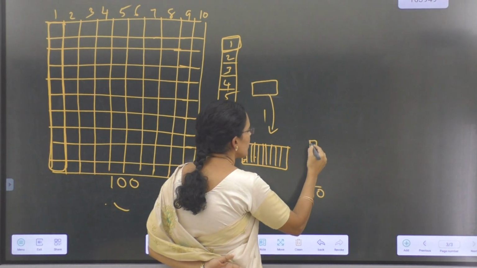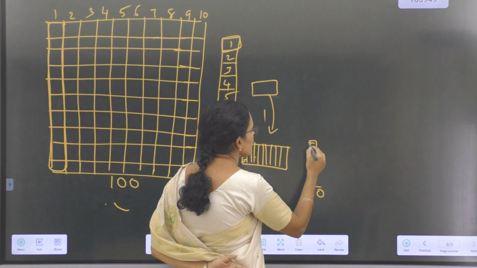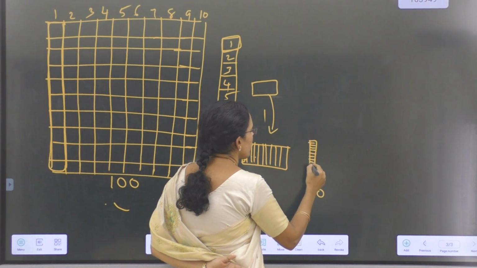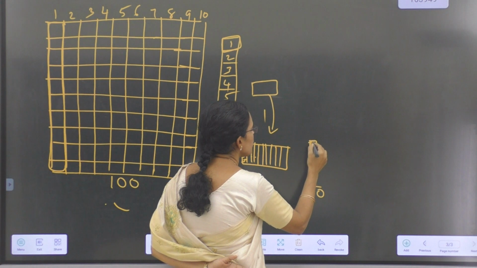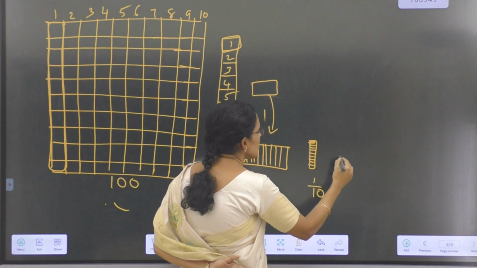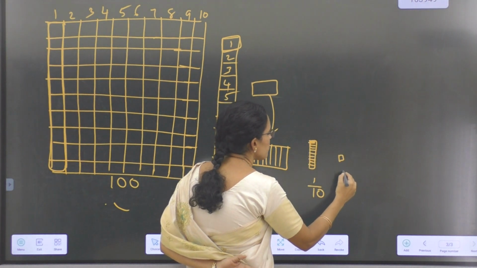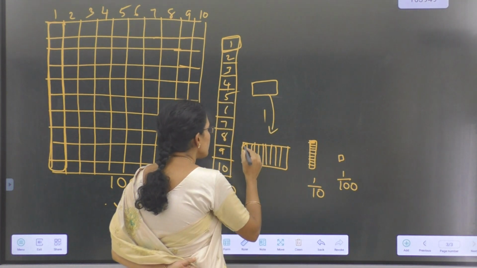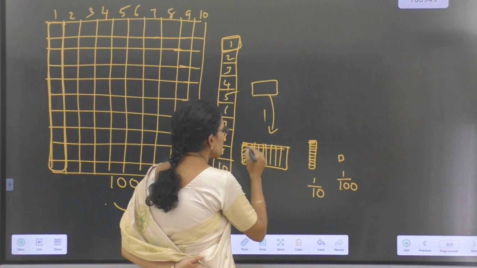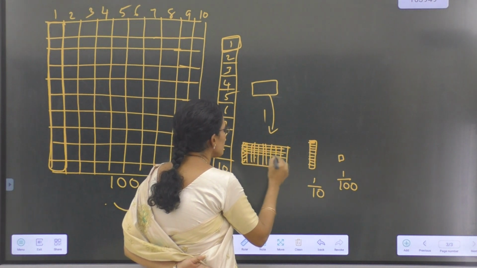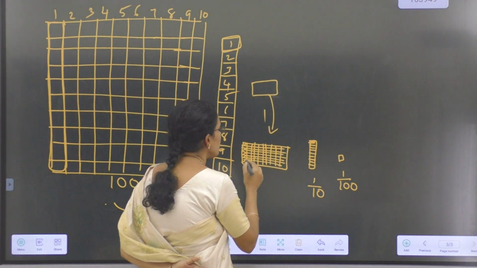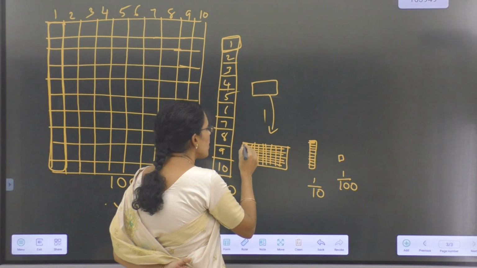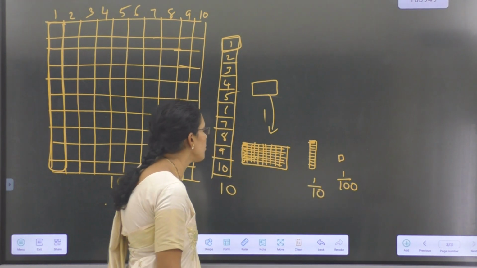One chocolate bar, I am dividing it into 10 equal parts. And I am considering one out of those 10 equal parts. Then each small part here represents one out of 100 equal parts. That is, if I divide the whole chocolate bar into 10 equal parts, then one part is nothing but 1 by 100 only, na?